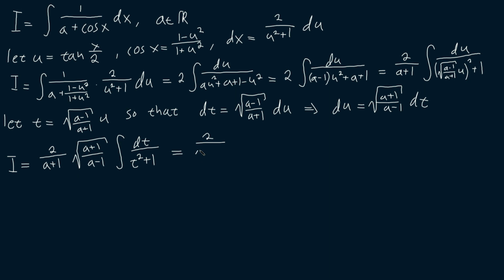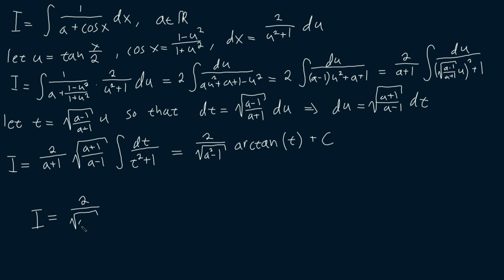So we're going to get that it's equal to 2 over the square root of a squared minus 1 times the arctangent of t plus some integration constant c,